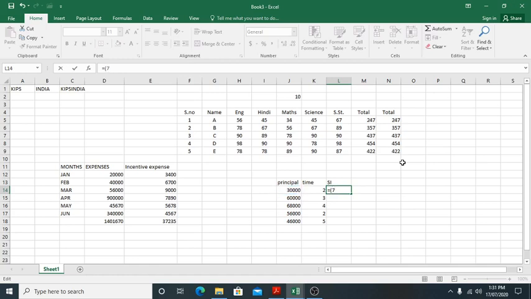J14, then multiply by K14, then what to multiply? This one should not be changed. What we have to do? Multiply, then its address is J2.